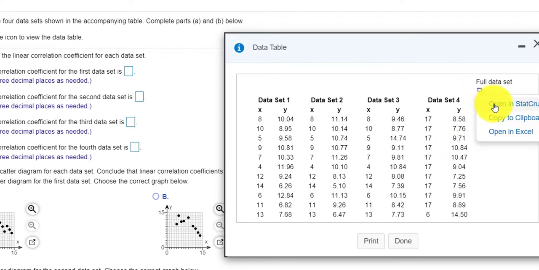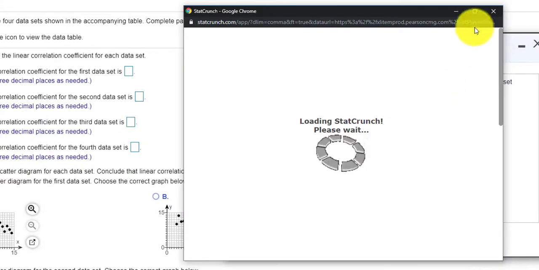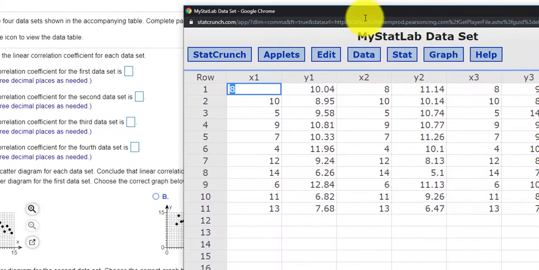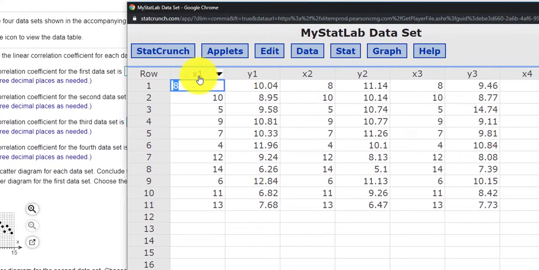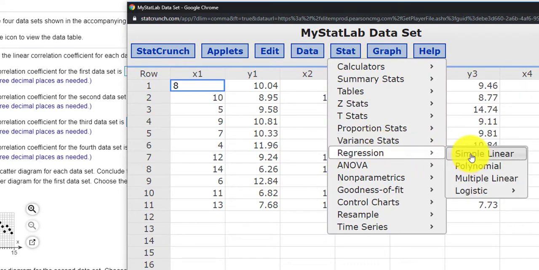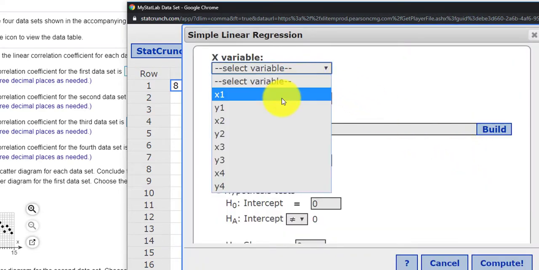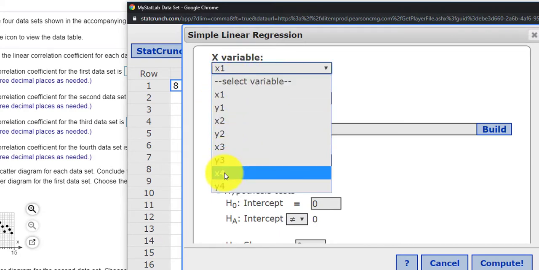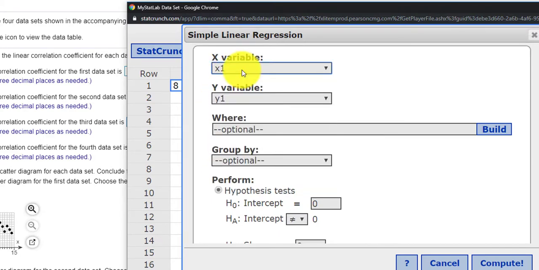So we open this up in StatCrunch. And here's all my data. Again, I'm only going to use data set 1, so I'm going to use x1 and y1. If you want to look at data set 3 or 4, you would use x3, y3, or x4, y4. So I go stat, regression, simple linear. We'll use x1 and y1 because that's data set 1. Again, if I wanted data set 4 or 3, I could go to the appropriate variables. I press compute,